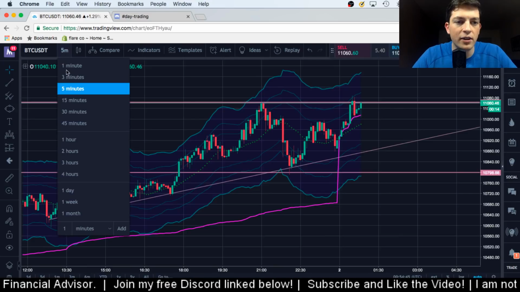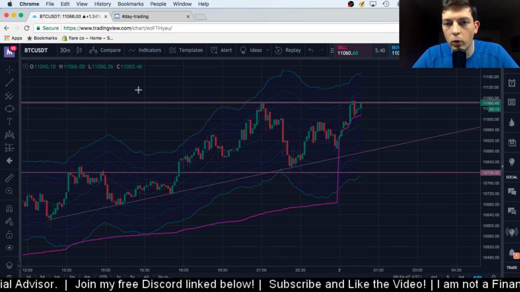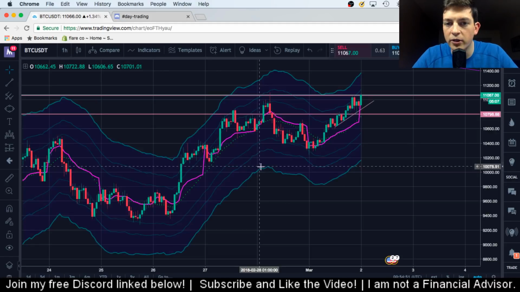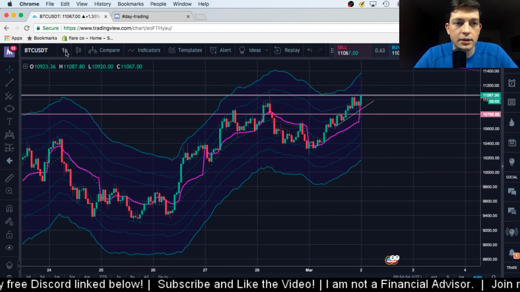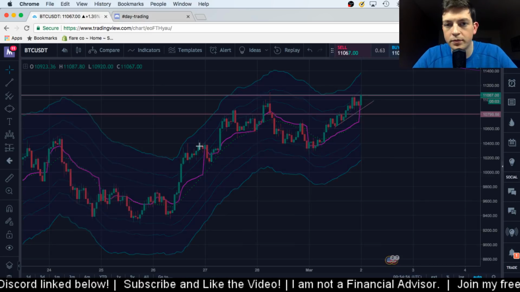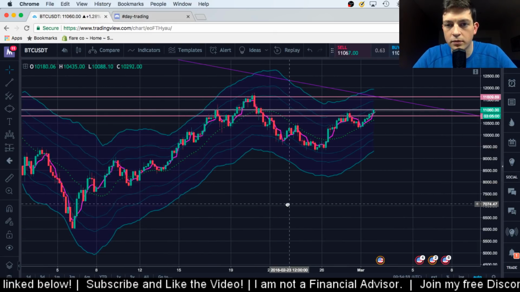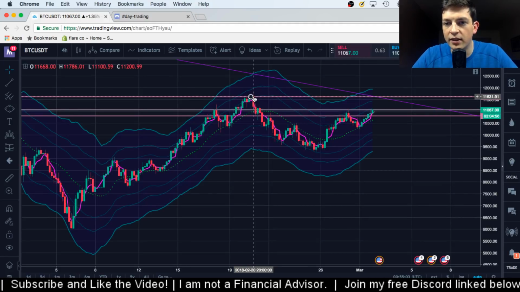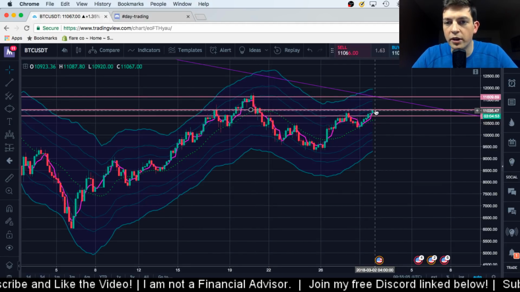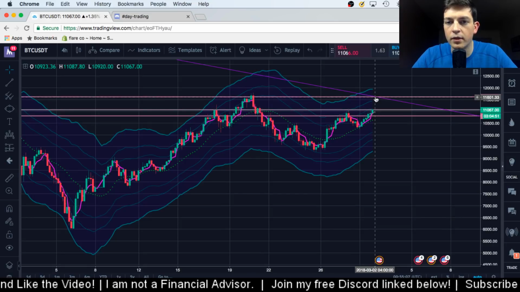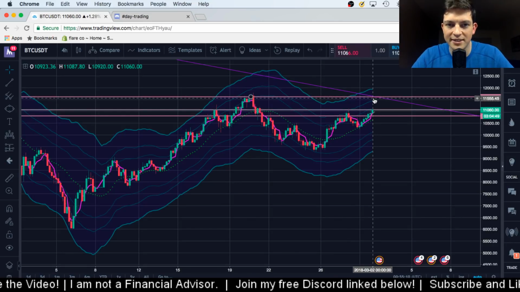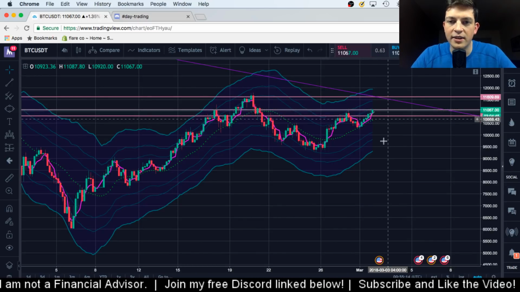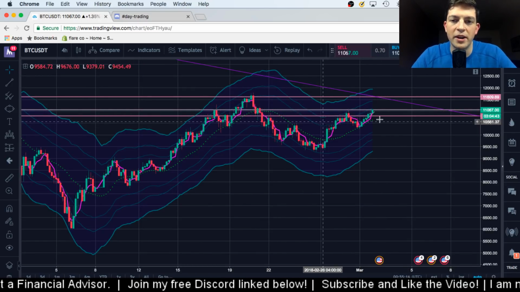Let's see on the 30-minute, I guess I need the hour view here to see where my next price target is. Okay, so here you can see that our next real resistance line is at 11.6. I keep saying support. If we can break through this resistance at 11.7, the one that we're teetering on right now,